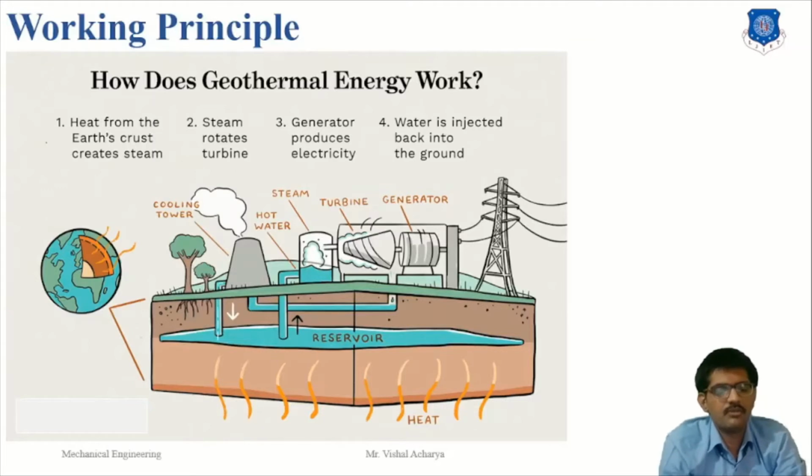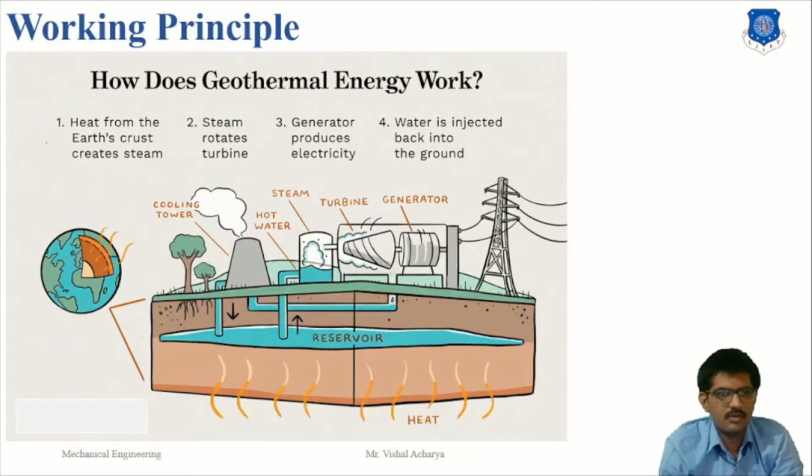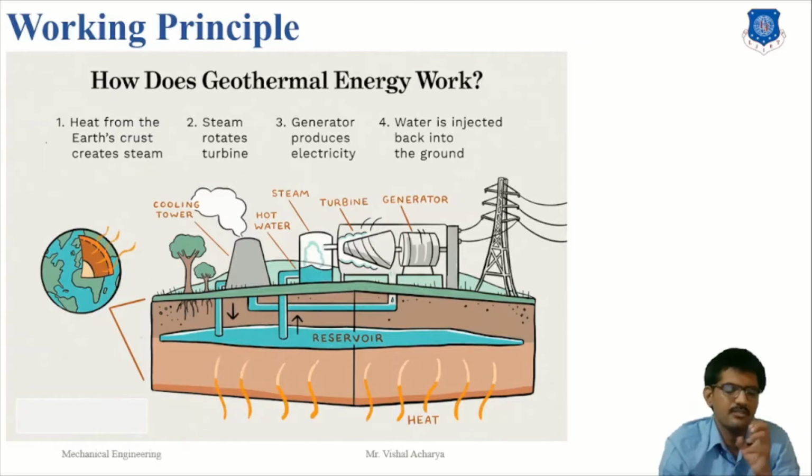How does a geothermal power plant work? A geothermal power plant uses the hydrothermal energy of the earth for heating as well as electricity production. What are hydrothermal energy resources? It is an energy source which has both water and heat. The heat beneath the earth, like magma, is used to heat the water present inside the earth.